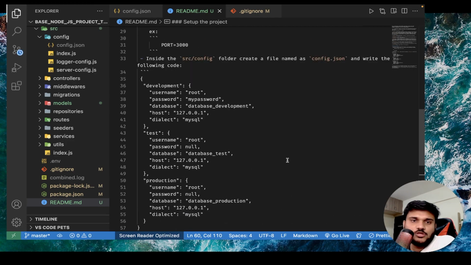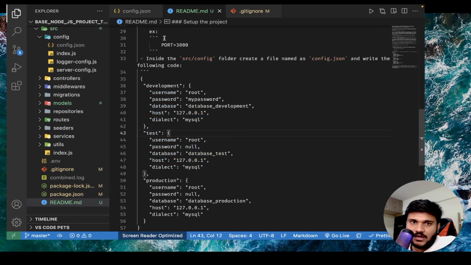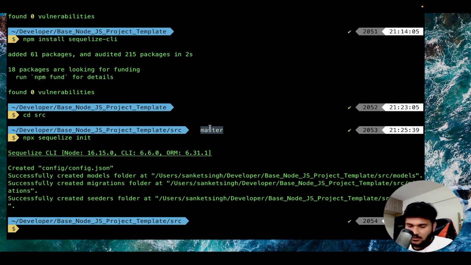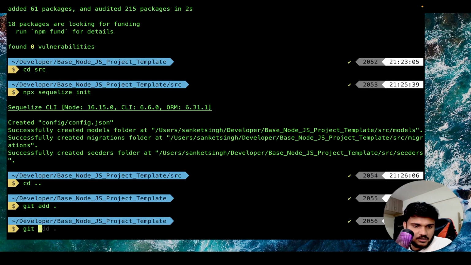Right, that's it. So now the user will automatically understand that I need to come here and create a config.json file where I need to put my username and password, right? Then only everything will actually work, right? And this is how anyone can actually start setting things up. So what I'll do is I'll just create a quick commit. I'll come out of the source. I'll say git add all, git commit -m, added basic Sequelize and CLI related files,